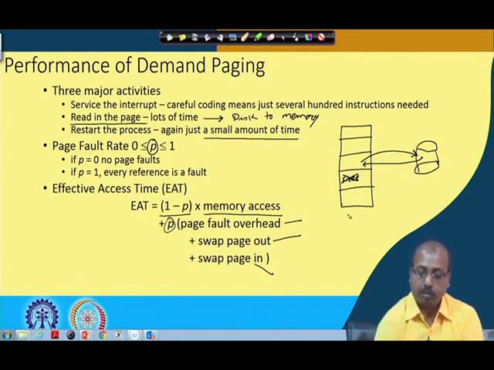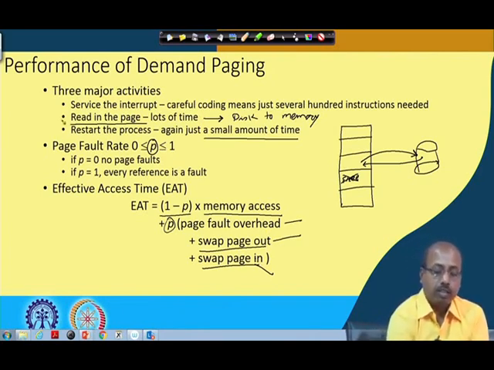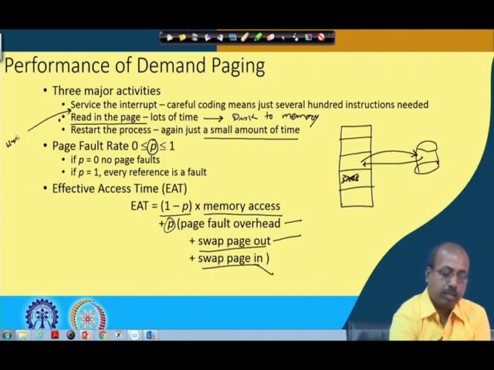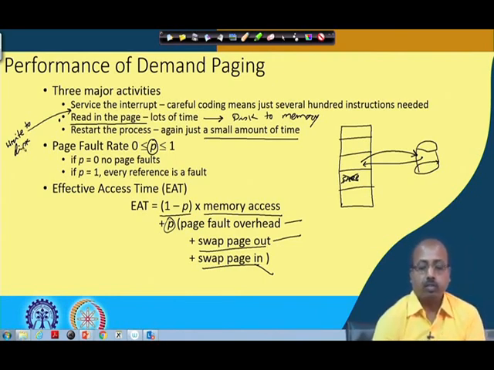So, that way we have a page swap out time and a page swap in time, so both the times may be there. Instead of doing only a disk read, there may be another operation that will try to write to disk. So, this operation may also be required when none of the memory frames are free.